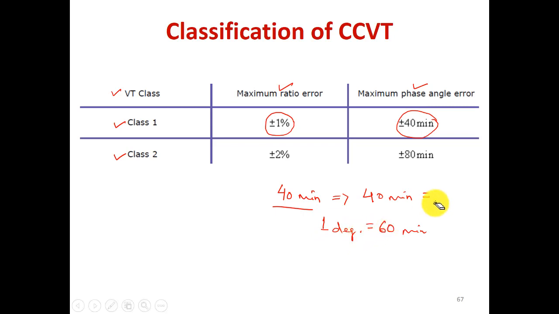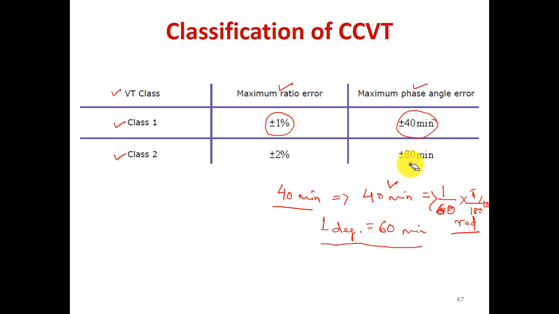1 degree is equal to 60 minutes, and for 40 minutes, similarly I can convert it: 1 by 60 into pi by 180 into 40 radian, right? So this is the conversion of degree to minute, and if we convert minute to radian, this is the way we convert from minute to radian, right? Okay, so therefore